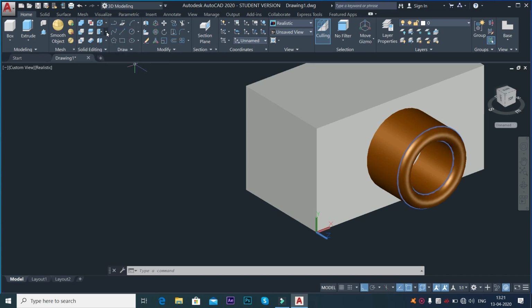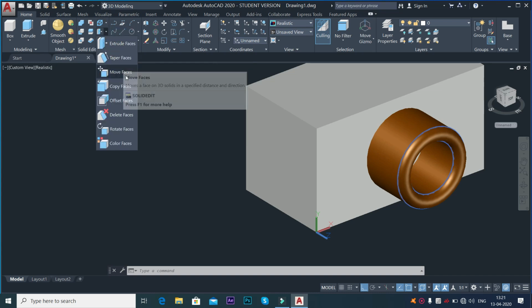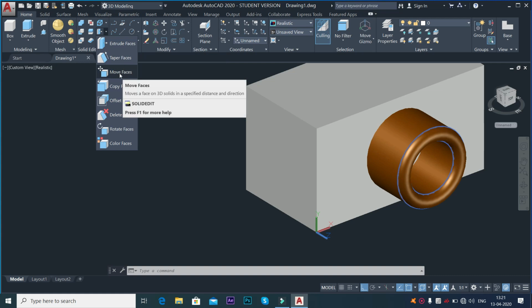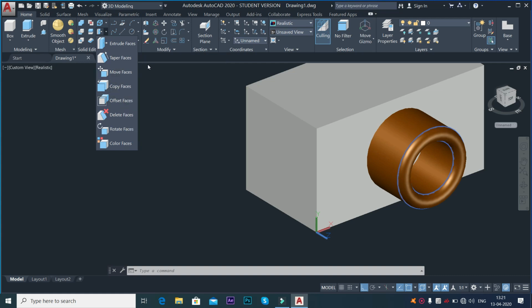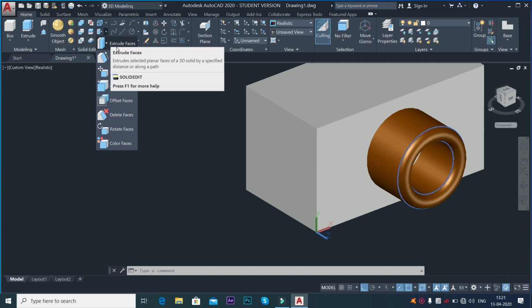The second one is you can work on the faces. You can see extrude faces, taper faces, move faces, copy faces, offset faces, and the third one is you can work on the solid object itself. So you can use any one of these options in order to edit a solid in 3D. For example, if I am using this face option here, and I want to extrude a face,